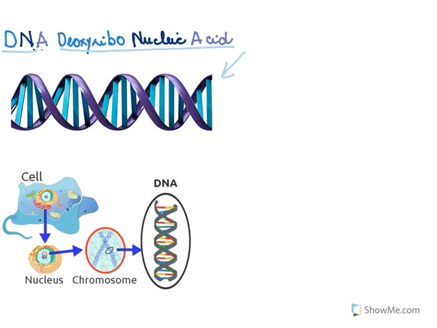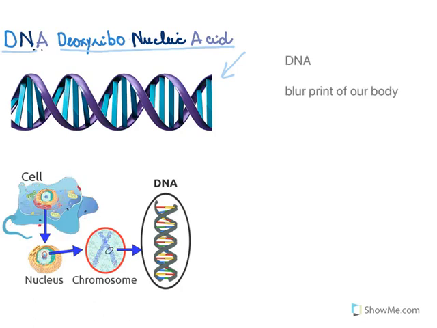And where is this DNA present? Here we have a diagram to show where it is present. We have the cell, and in the cell there is a nucleus. Inside the nucleus we have this chromatin network, and this chromatin network in a dividing cell forms the chromosomes, rod-shaped chromosomes, and the DNA is a part of this chromosome. So if you were to magnify this chromosome, you will find the DNA.